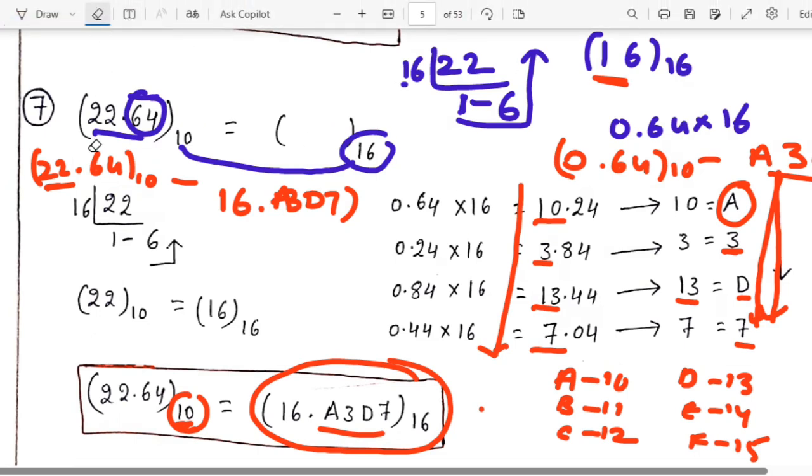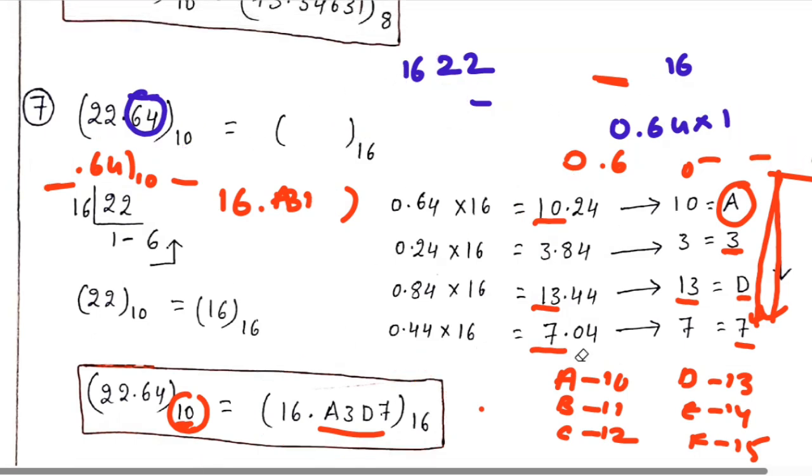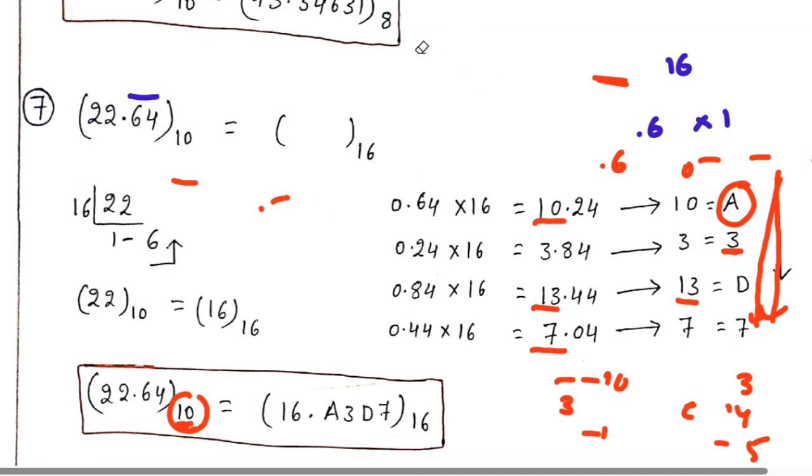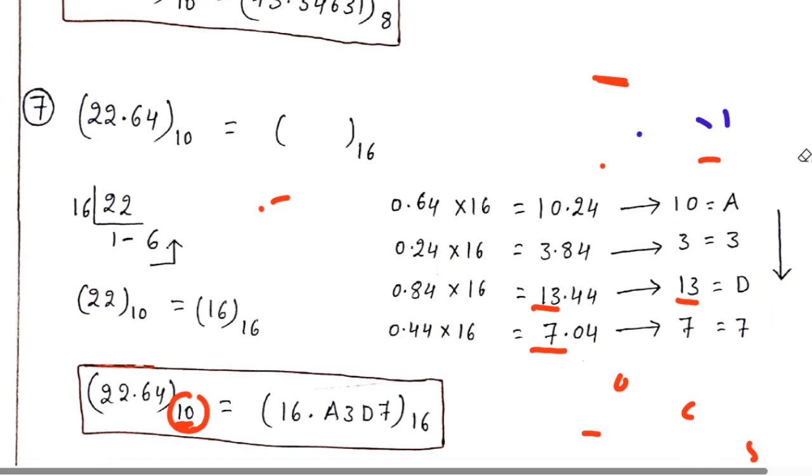So this is one way, and I'll explain it through one more example. Simply, the integer part must be divided by the number you are going to convert to, and the fractional part must be multiplied by the number of the number system you are going to convert into. For example, I am taking here